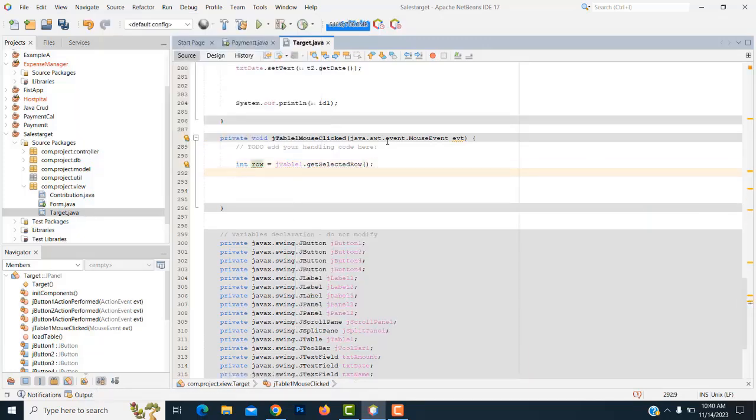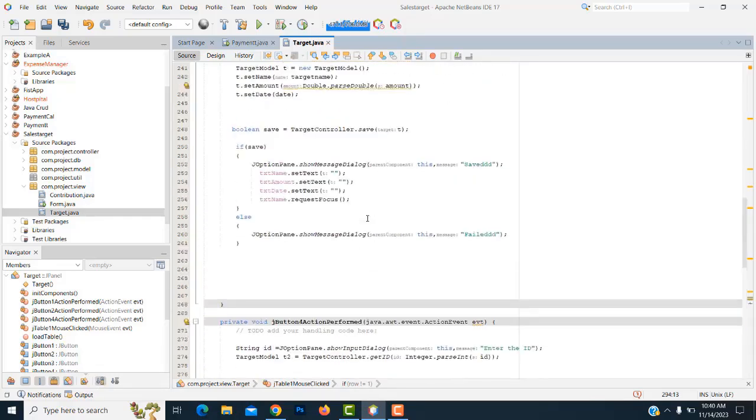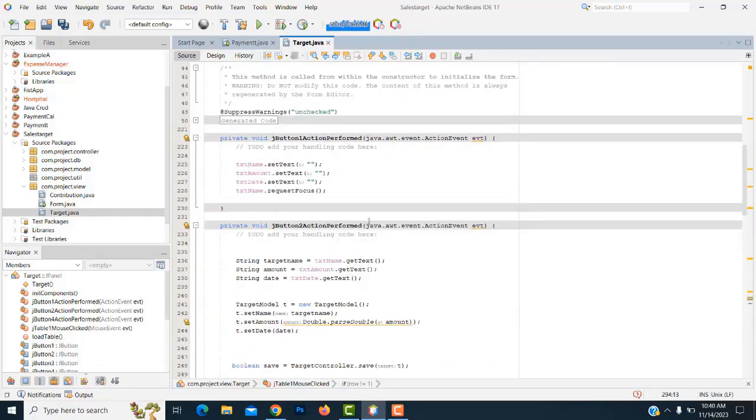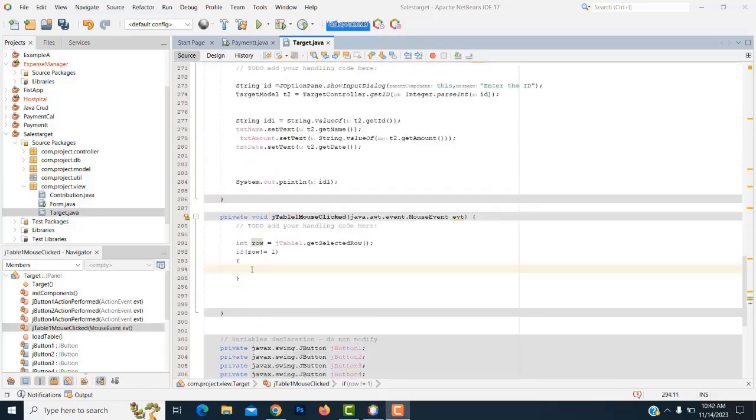Get selected row, if row is not equal to 1. What you're going to do is pass it this one. There's a search. After that, you have to write the string variable: string id equal